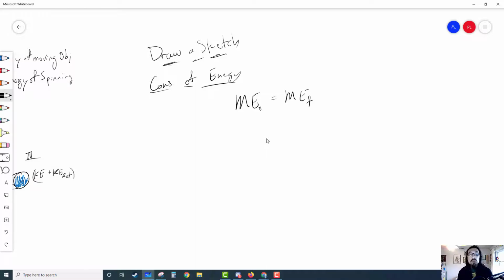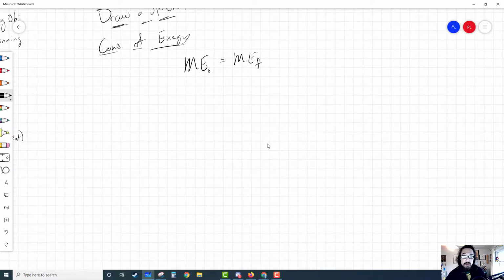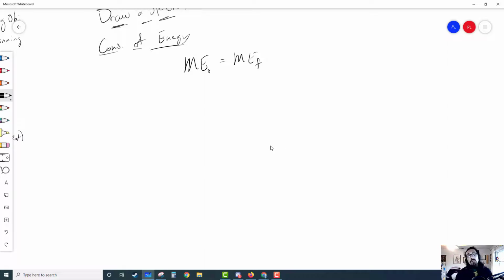Now, what I'm going to show you is the big long formula that you can now use. And this is without springs. If you have springs, that does change it up a little bit. The reason why I want to show you this big long formula is because as a physics student, you should be able to determine which one of those forms of energy is zero based on the scenario, or just based on the sketch. And so the forms of mechanical energy that we now have, not including springs, is